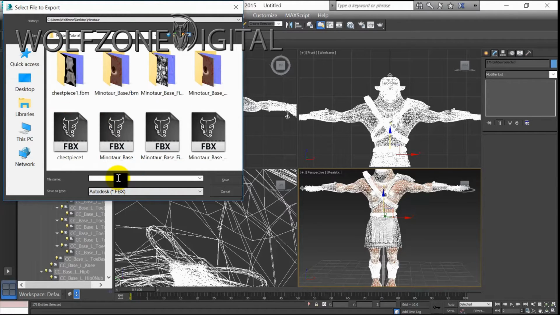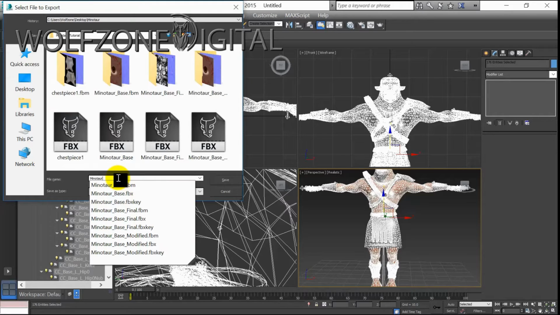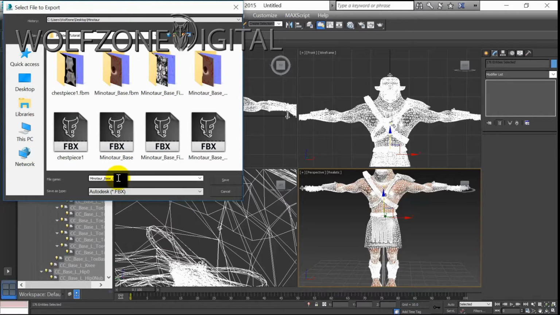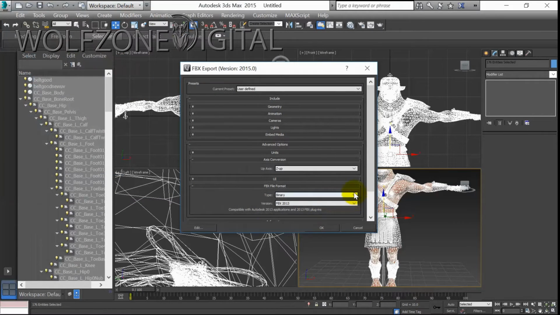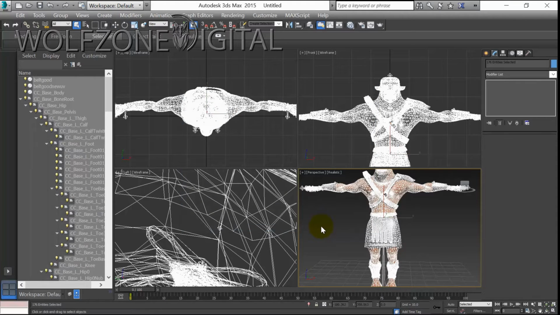And we'll call this Minotaur base clothed. That way we just know which one we're dealing with when we import it back into Character Creator. So we're going to go ahead and save that. And I export using a binary function, and I'm using the FBX 2013 for my export itself. So we hit OK. That'll take a second, and now our character has been exported as an FBX, and we